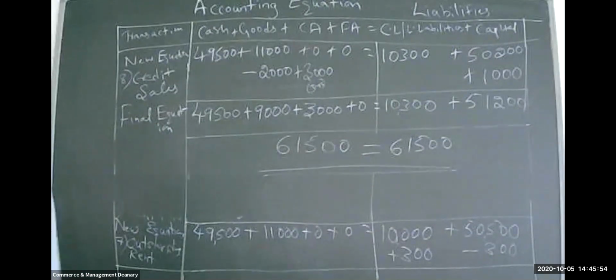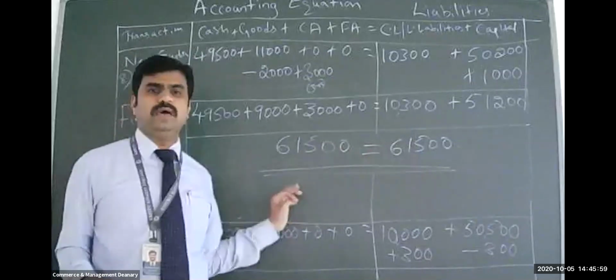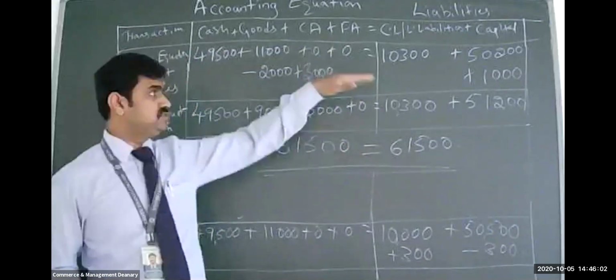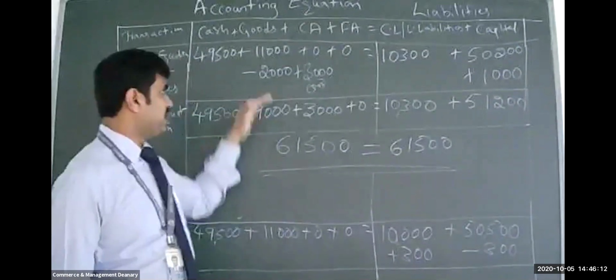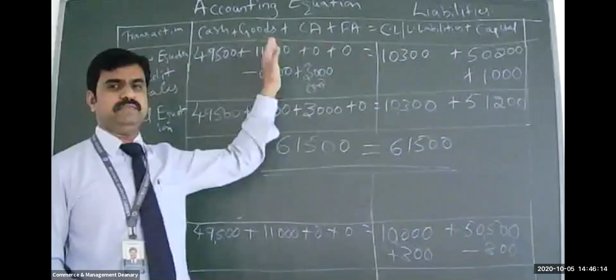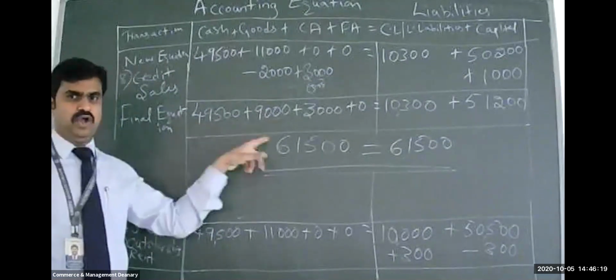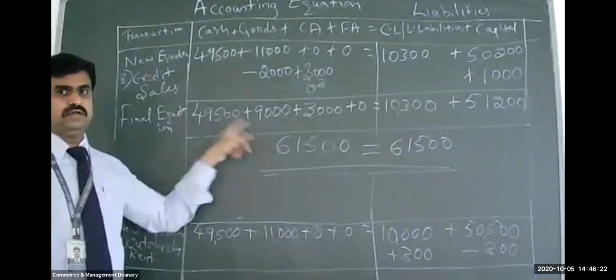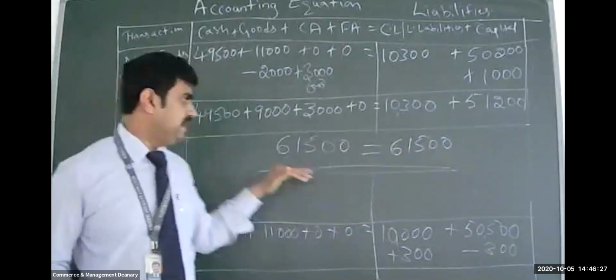In this last stage, you have to show the total of assets and the total of liabilities, and that has to be equal. If it is not equal, you have to go back and check any mistakes you have done in the earlier transactions. Sometimes you have written properly, but you might have done the calculation wrong. You might have done addition or subtraction wrongly. So recheck your subtraction and addition, then both should be equal. Then you can stop here.